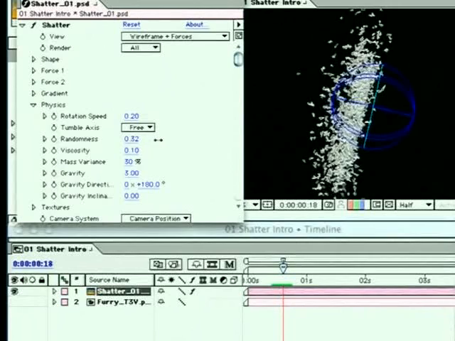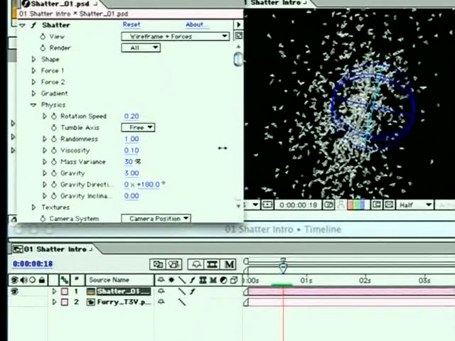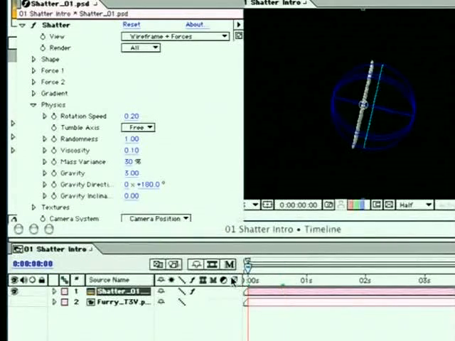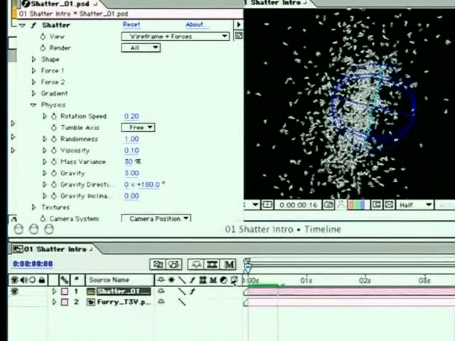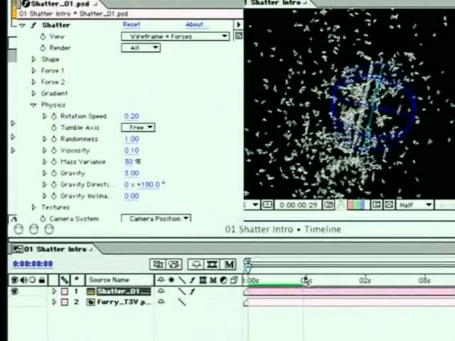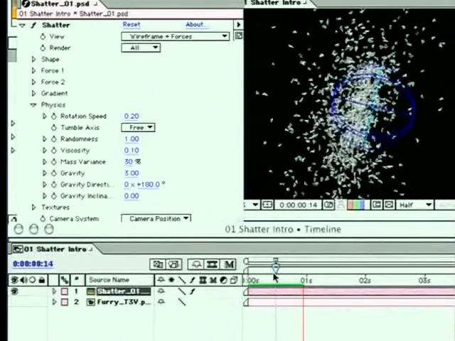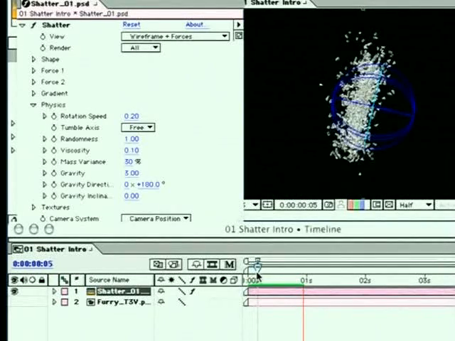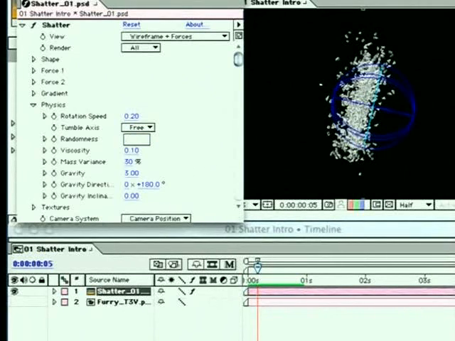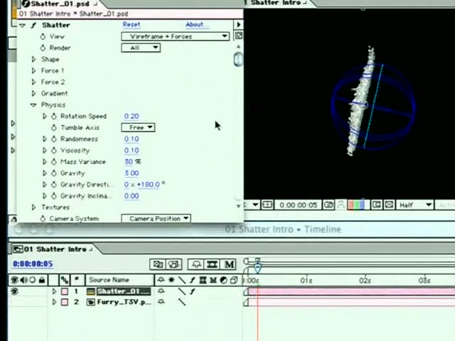Set this value up to a value of 1, and the shatter pieces no longer pay any attention whatsoever to what the center of the explosion is, and simply choose a random value and get scattered every which way, which can also be very, very useful for very violent explosions. If you need something that isn't quite so controlled and quite so centered, then the randomness value set higher will give you better results. For our purposes, I'm going to keep that set down to 0.1, and let's talk about